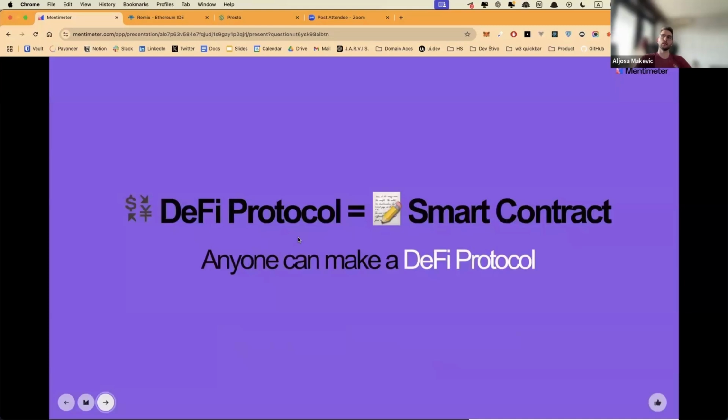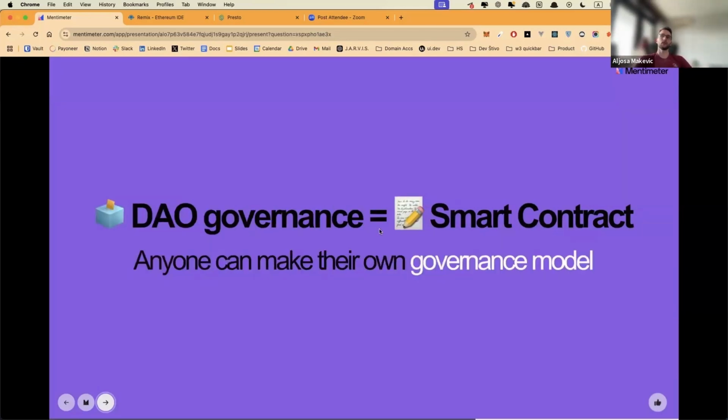DeFi protocol, as in decentralized finance protocols, are also nothing more than a few smart contracts working with some specific rules and allowing you to swap one type of token for another type of token based on their relative value. DAO governance: DAO means decentralized autonomous organization.